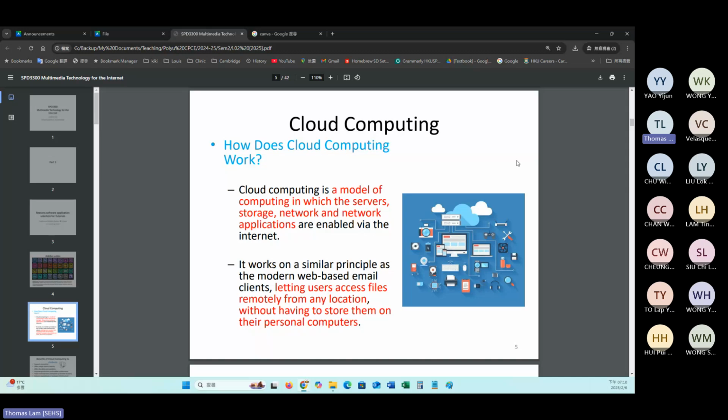As long as you think of the features or service, you can search for it, and I'm sure that you can find the corresponding application online. And cloud computing is a model of computing in which numerous servers and devices work together to provide service for this platform.